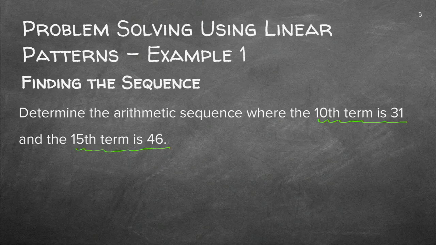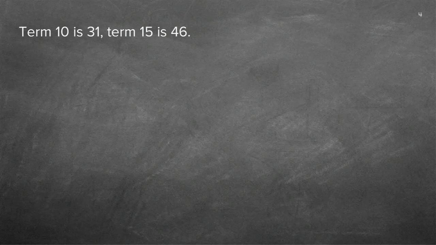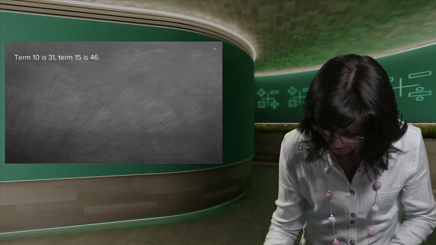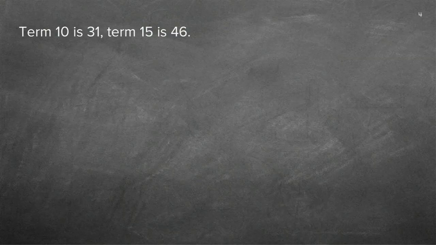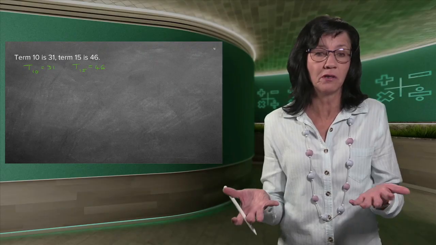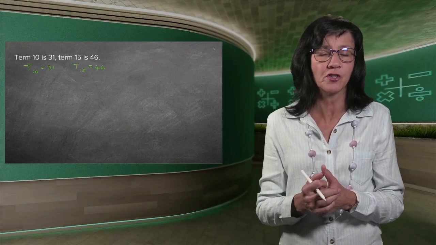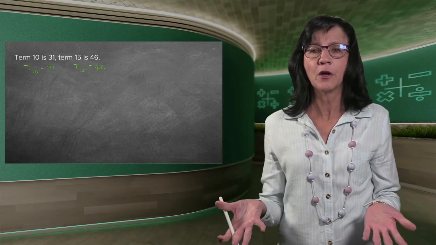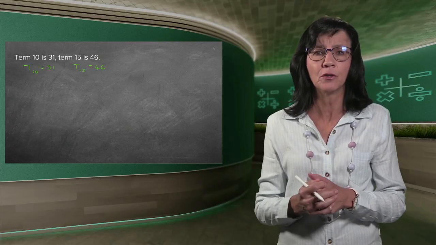Now let's just get some space to do that. Now I just want to warn you, many pupils do this because they know the terminology. They say T10 is equal to 31, which is not wrong, it's true, and T15 is equal to 46. And then they haven't got a clue what to do further because there are only two statements, not equations that you can work with. So this is the only information you've got. There's absolutely nothing you can do with that.